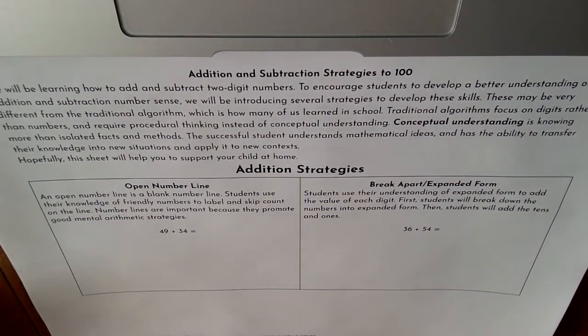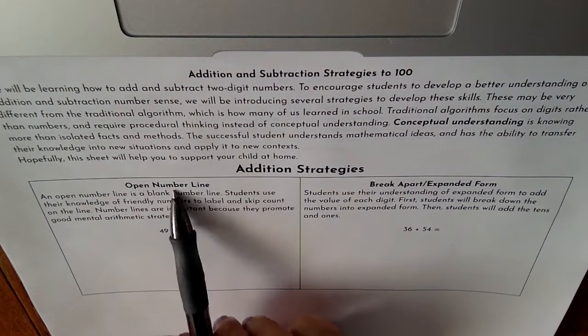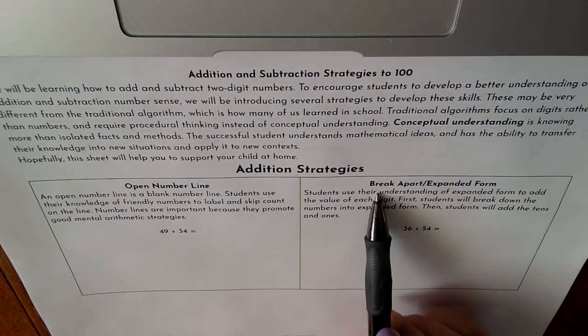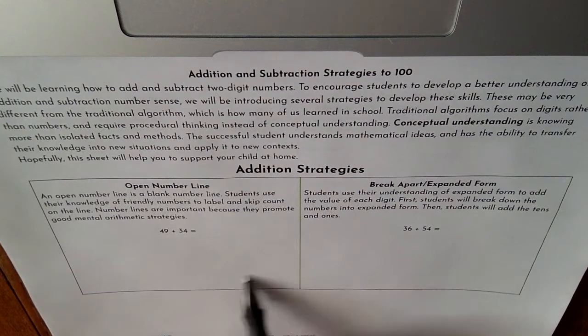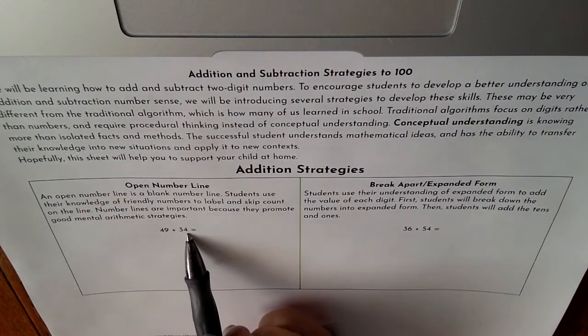Okay, so these are the strategies we're using for adding and subtracting to 100. Kids will learn how to use a bunch of different strategies. We thought the most important two for adding strategies were an open number line and breaking apart the numbers, or expanded form. So I'm just going to show you an example of how to solve this equation using